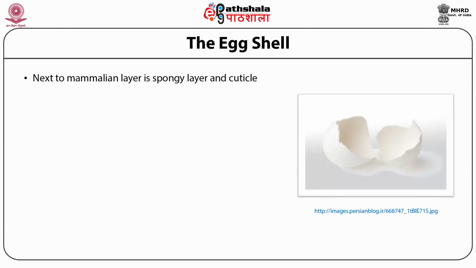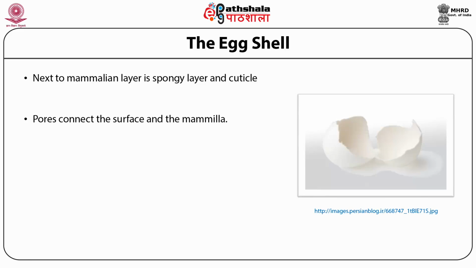Next to the mammillary layer is the spongy layer and the cuticle. Pores connect the surface and the mammilla. The egg, as laid, normally has no air cell. The air cell forms as the egg cools, usually in the large end of the egg, and develops between the